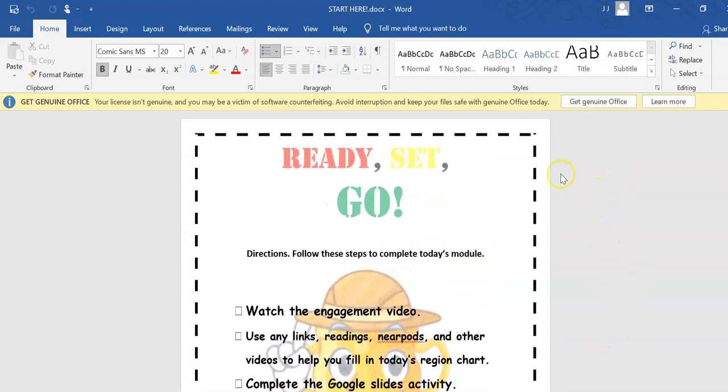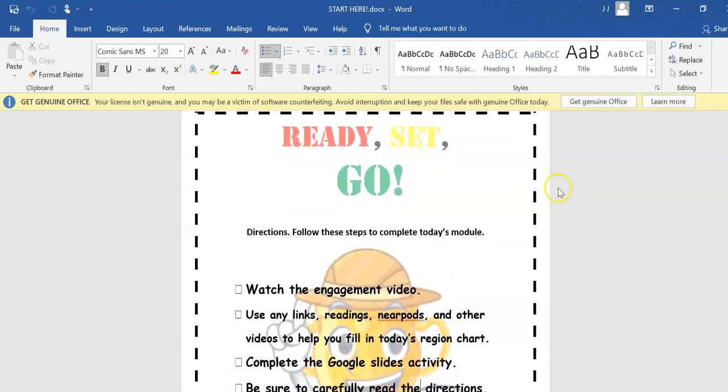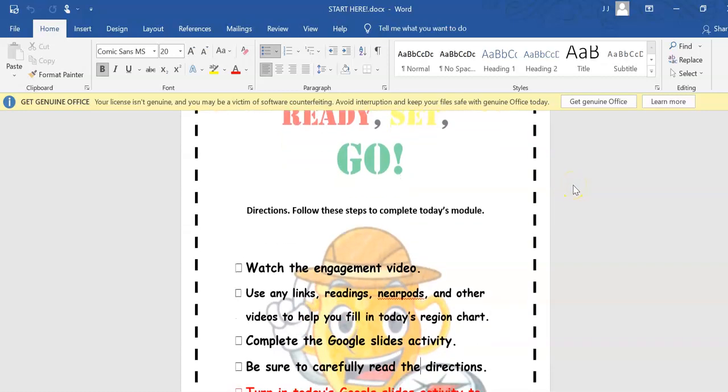So the Ready, Set, Goal is just a checklist of how they should go about completing each module. It tells them where to start, the engagement videos, and it tells them to use the different resources that I have given them to complete their Google Slides activity. And I should note that the Google Slides activity is modeled from the 5 regions chart within